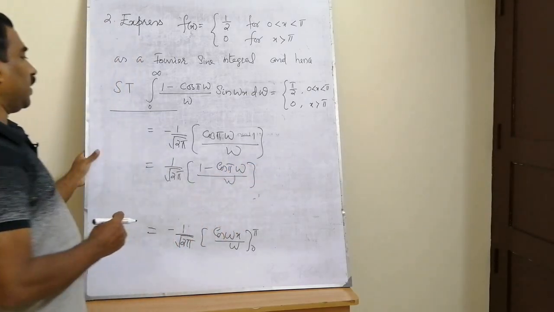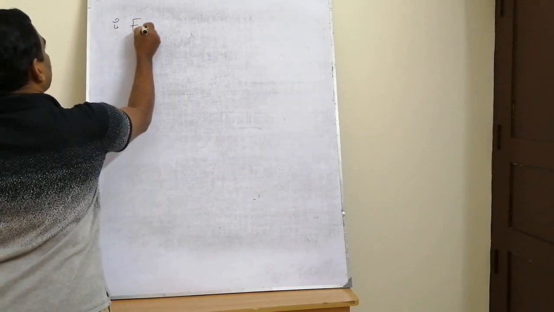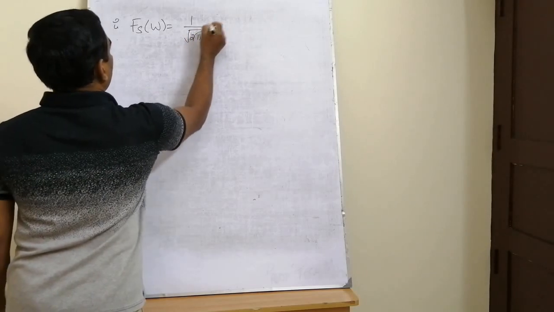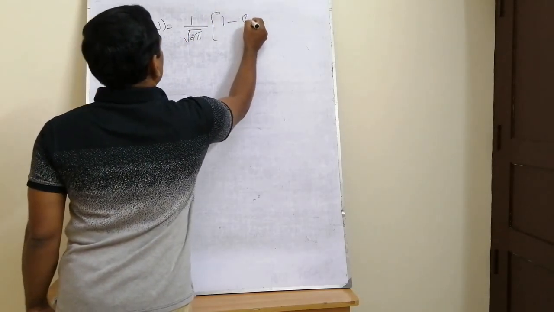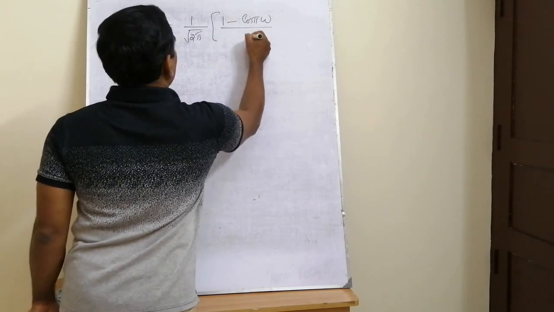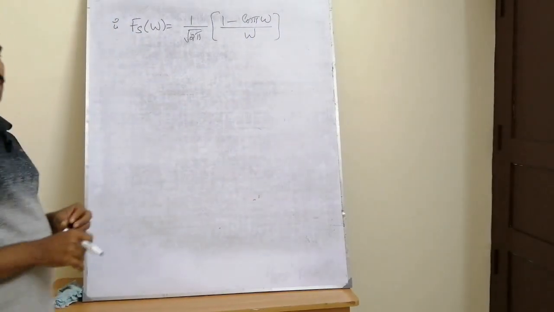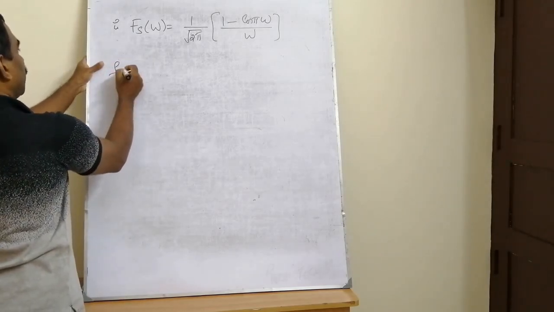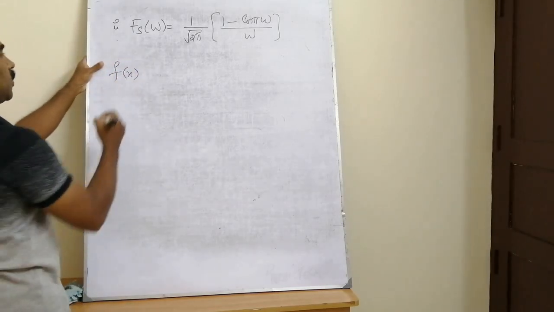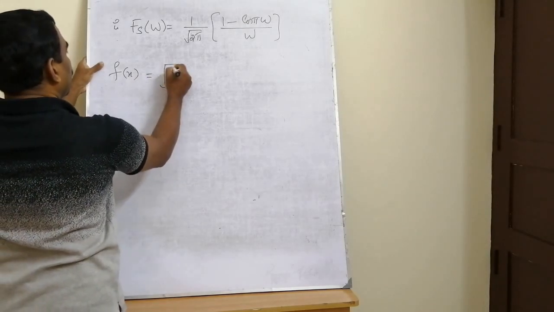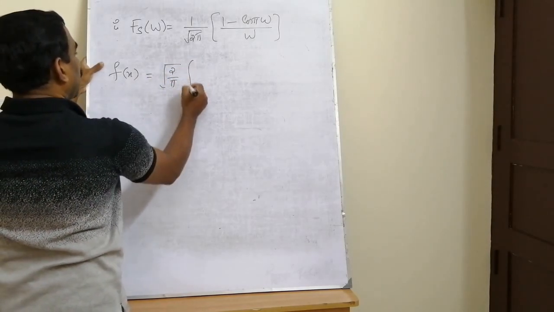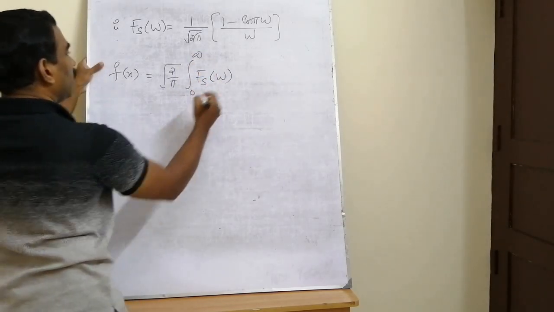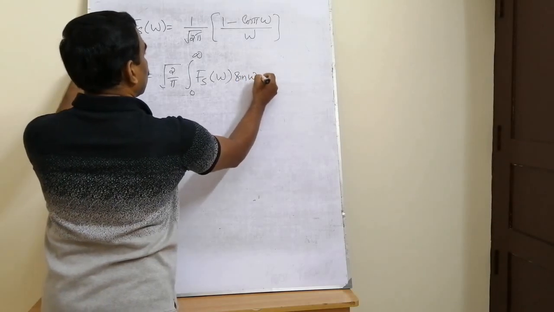So this is the required Fourier sine transform. That is, the Fourier sine transform Fs(omega) is equal to 1 by square root of 2 pi, (1 minus cos pi omega) the whole divided by omega. Now in order to derive the integral, we have to invert this function. That means the inverse Fourier sine transform. The inverse Fourier sine transform by definition is square root of 2 by pi integral 0 to infinity the Fourier sine transform Fs(omega) into sin omega x d omega